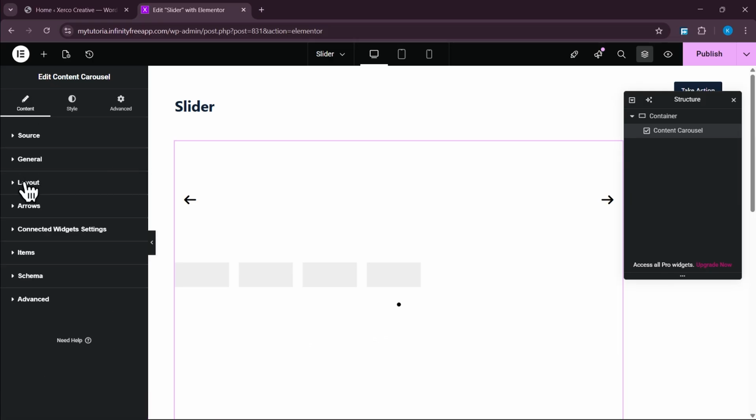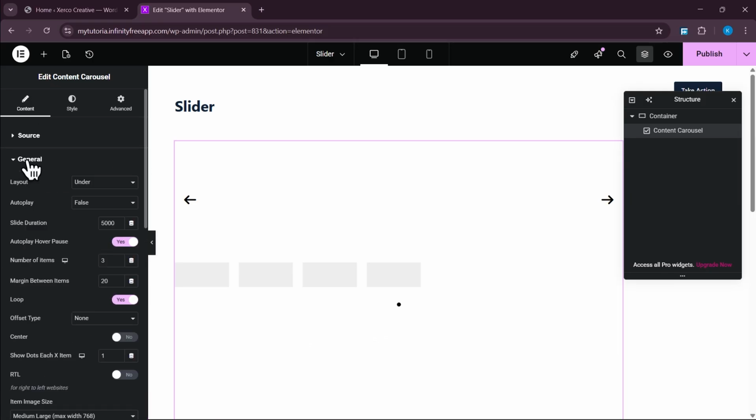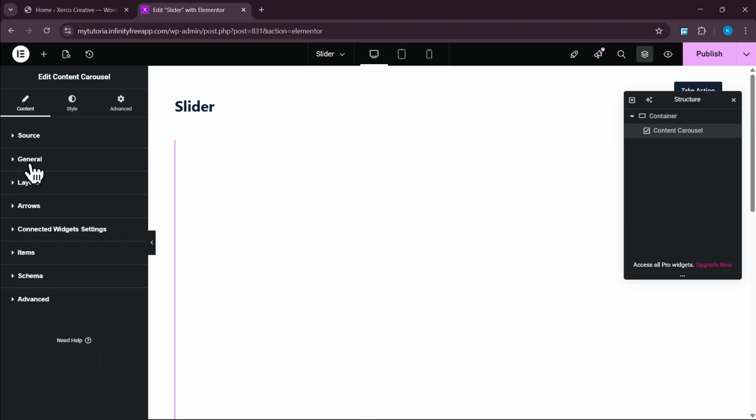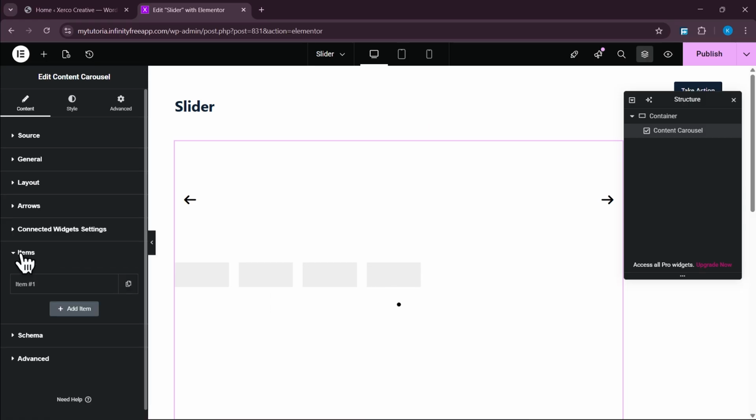Something else we are going to do is go to general and autoplay. We want to make sure it autoplays, so select true. And now we don't have a carousel at all. So now let's add in the carousel, the cards we have created. So go to items,